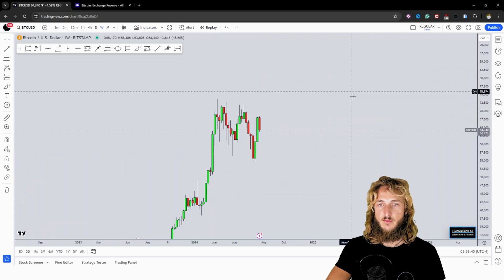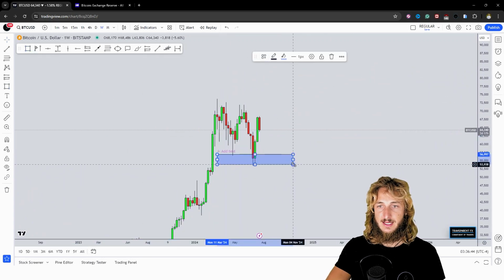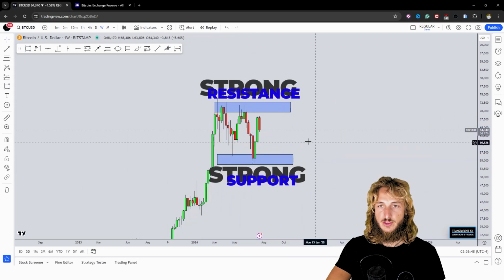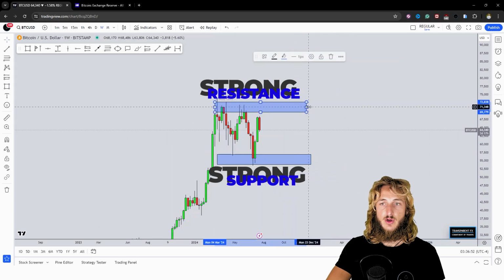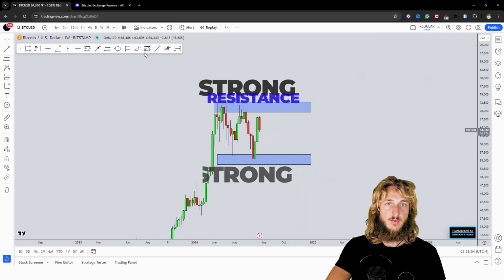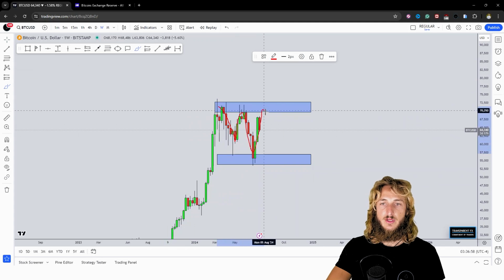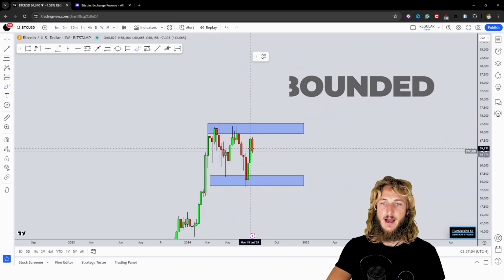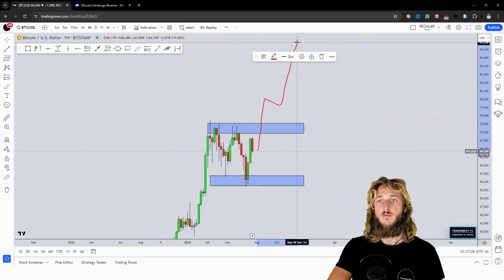Now, from a weekly standpoint, we can notice that clearly we have a market which is currently stuck in this range. We have the bottom of the range here, we have the top of the range here. The market already has been moving sideways in this range for quite some time, actually a few months. And until the market will remain in between these two levels, we could simply expect more horizontal price action to be printed. Only a break above this range would become interesting because at that point, we would be in full